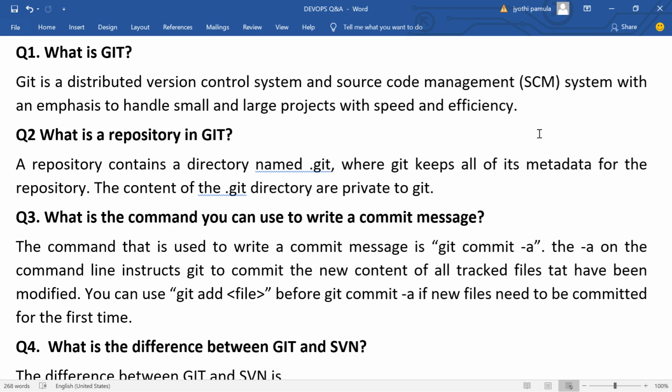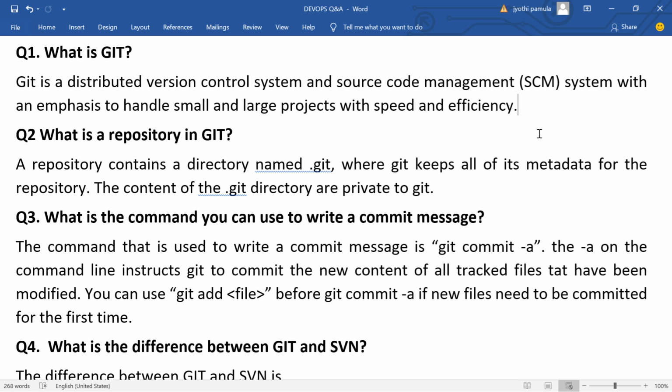A repository contains a directory named .git, where Git keeps all of its metadata for the repository. The content of the .git directory is private to Git. In simple terms. Next question, what is the command you can use to write a commit message? The command used to write a commit message is git commit -a.